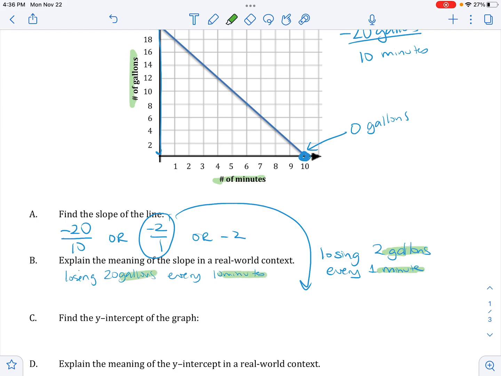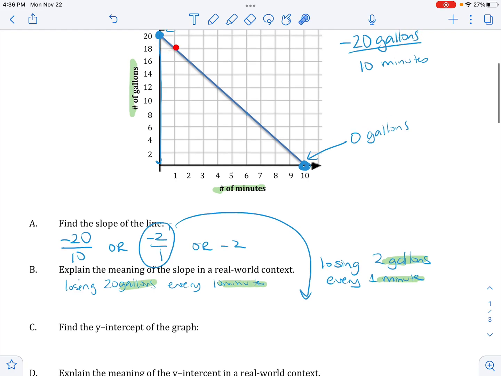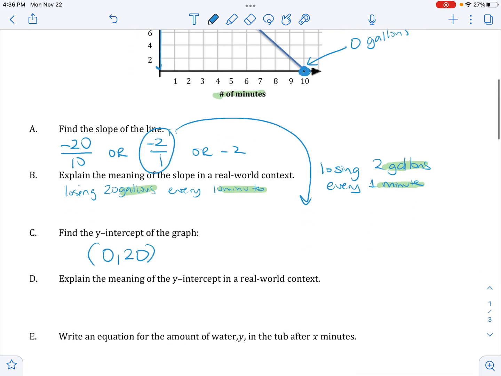And again, it doesn't matter which numbers you're using, doesn't matter which points on the graph you're using, as long as everything is consistent with the line, meaning you're not picking a point that's not on the line. Find the y-intercept. As we know, all y-intercepts are on the y-axis, so that's the y-intercept right there. And the official point is 0, 20. Explain the meaning. So 20 gallons at the start, so at time 0,